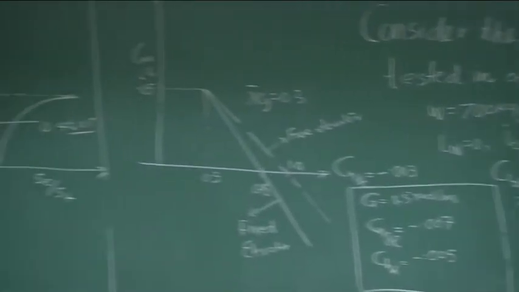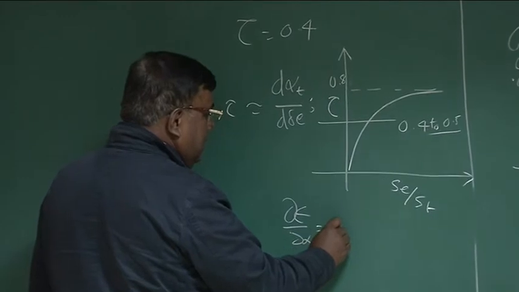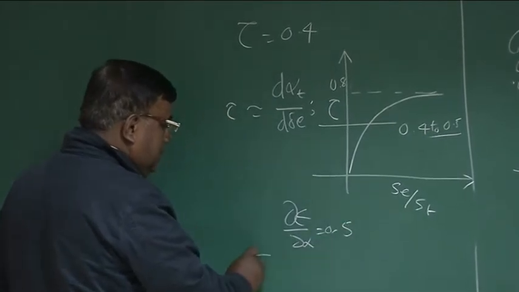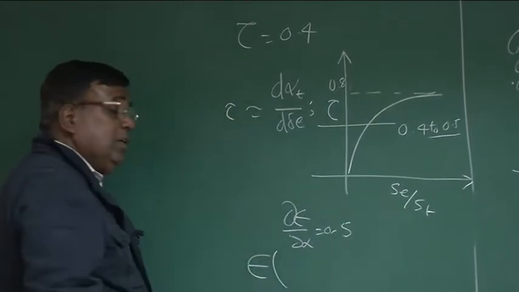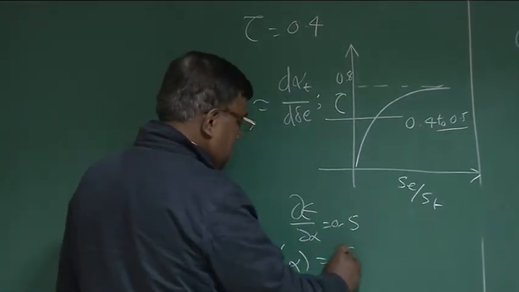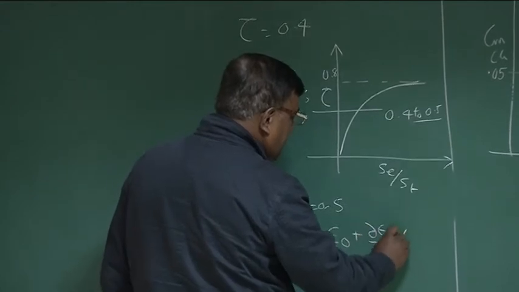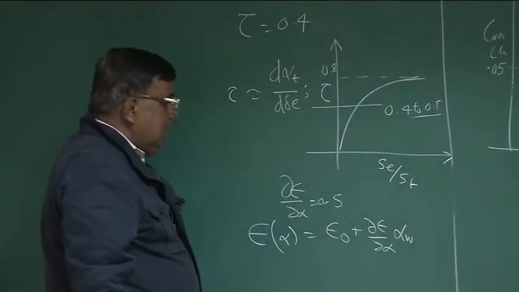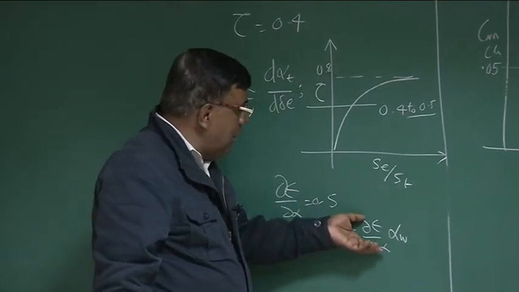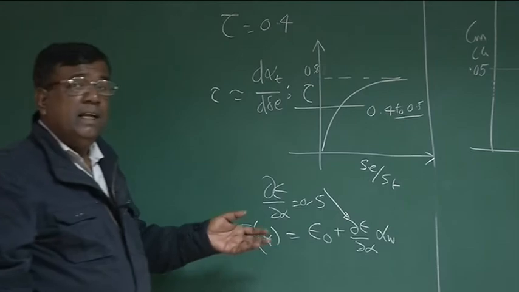When you say d epsilon by d alpha is 0.5, you know that this epsilon is the downwash at tail because of the wing. Right, it can be expressed as epsilon naught plus d epsilon by d alpha into alpha wing, and this d epsilon by d alpha, which is 0.5, is this value, which is pretty high, right?